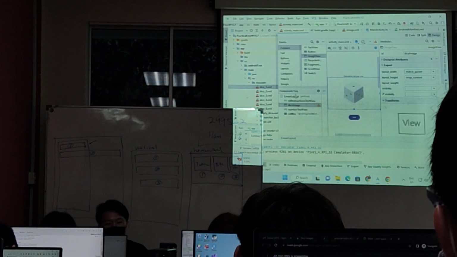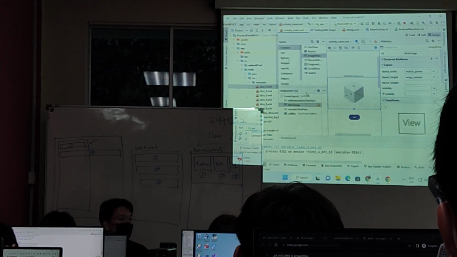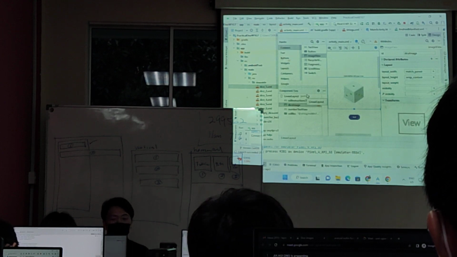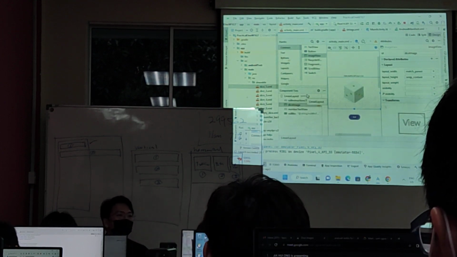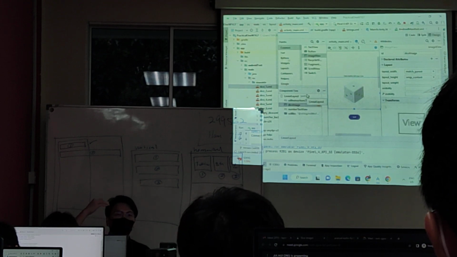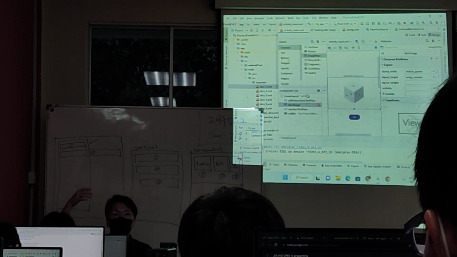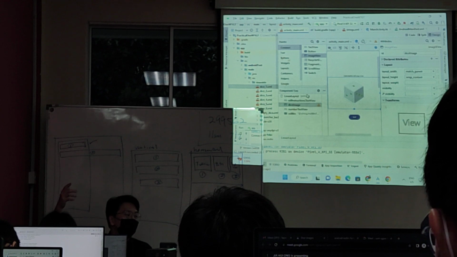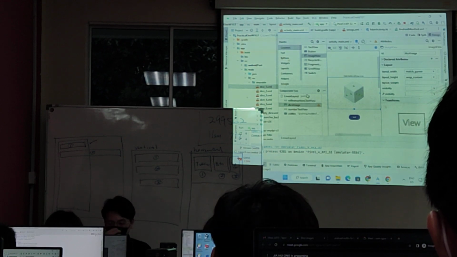You feel that it's okay because you only have a few things. Usually in your UI, you won't have just 5 views. You might have nested layouts. Maybe you have 3 linear layouts, and each linear layout has like 20 or 30 views inside. And by chance your